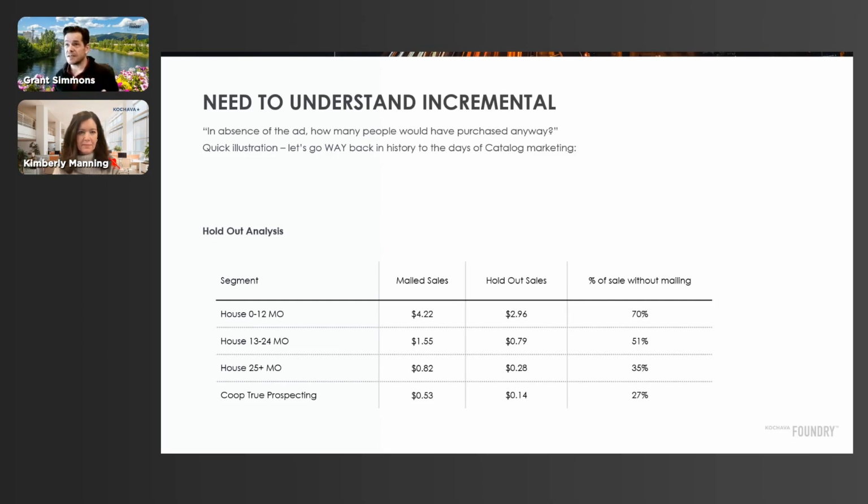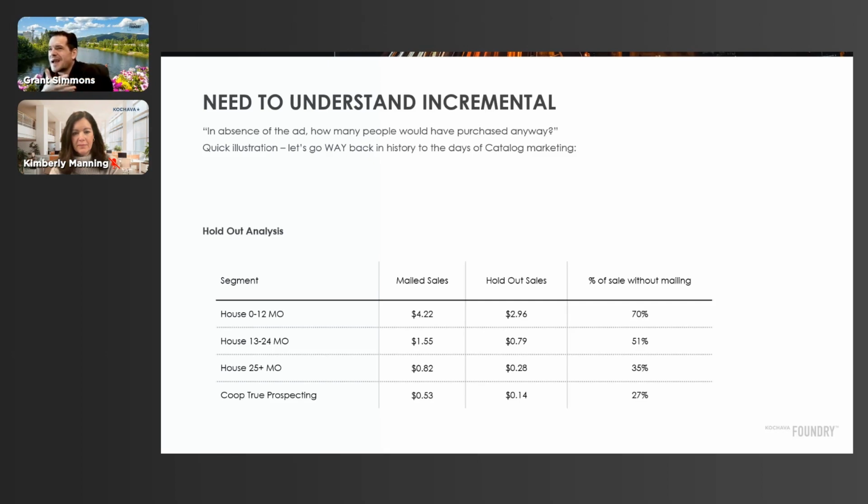And so when you mail all these catalogs, you take in aggregate the folks who I mailed, how much did they do per household? The folks who were in my holdout group, how much did they do per household? A divided by B minus 1 gives you your variance. And so what we see is, for the folks who were pretty active against our brand, they've ordered from us in the last 12 months. Well, 70% of those customers were going to purchase even if you didn't send them a catalog, right? 30% did it because you sent them a catalog. If we go down, we can see that incrementality starts to increase,